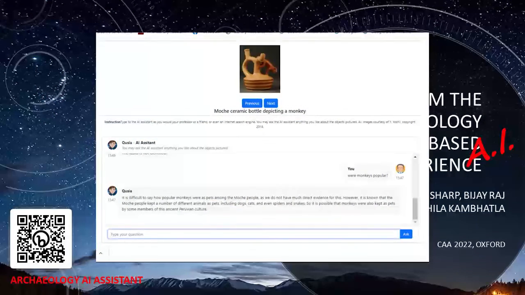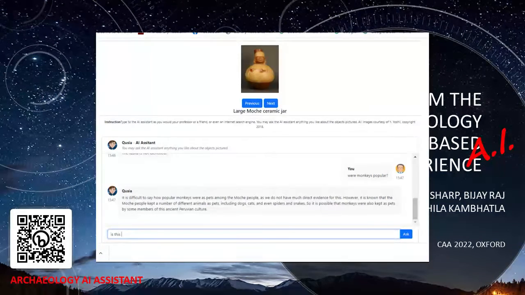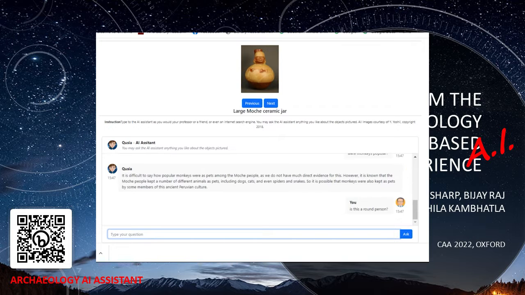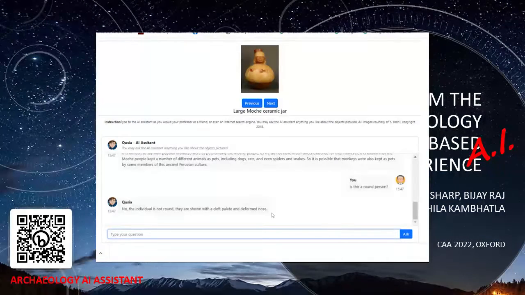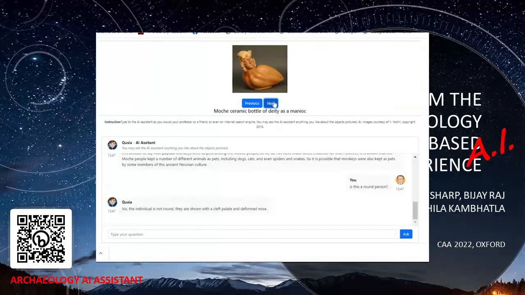As we look toward the future, we are thinking about what other kinds of media we might be able to incorporate into our AI assistant. We are looking forward to the next generation of this tool, in which we will incorporate imagery and audio as well, so that we are not just limited to our visual learners who can type on a keyboard online.